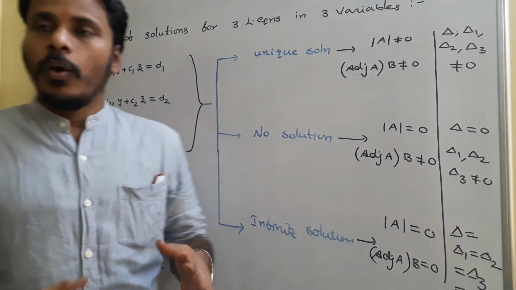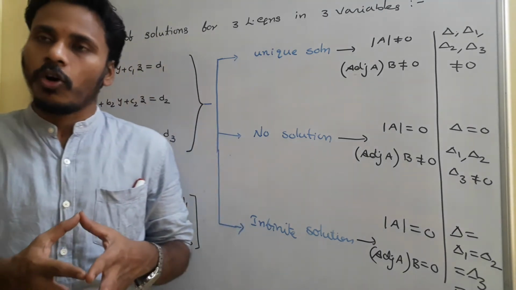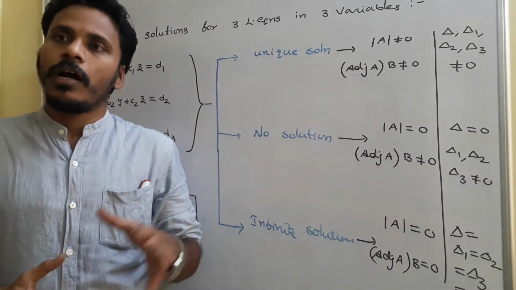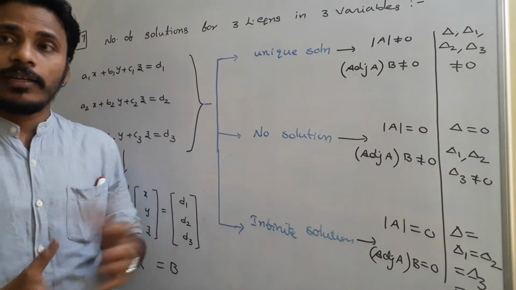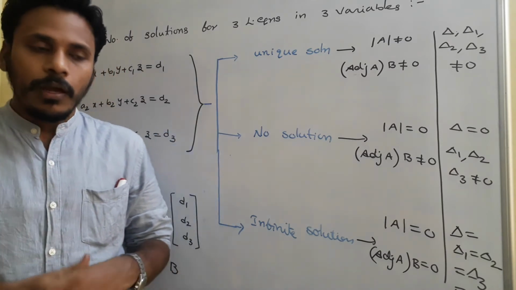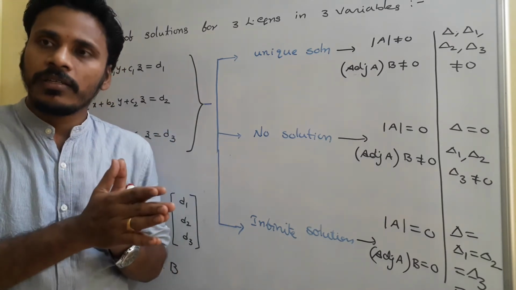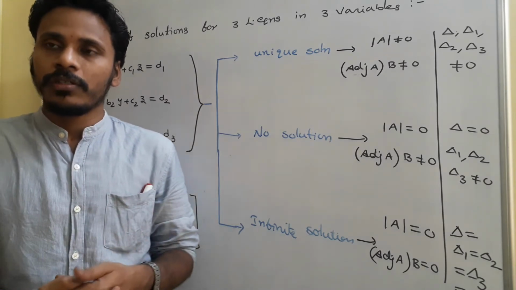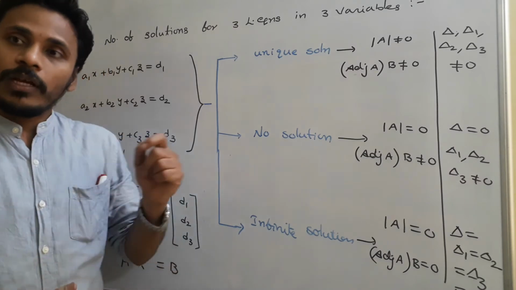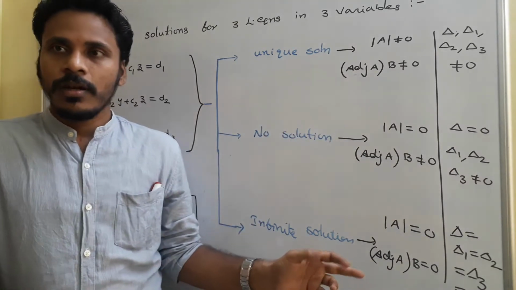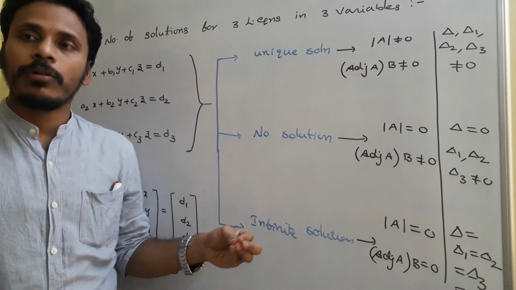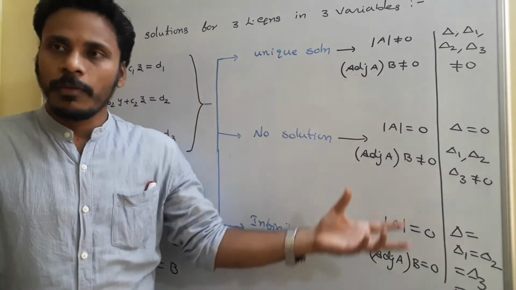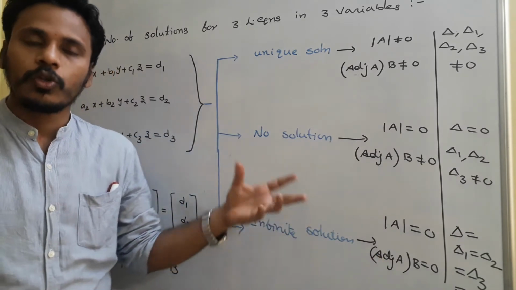In the 46th point, we learnt about the way of solving linear equations in three variables using the matrix inversion method and Cramer's method. Before that, in points 44 and 45, we discussed linear equations in two variables, two equations in two variables, and the number of solutions related to that. There we established all these rules. When the system of equations in two variables has a unique solution, no solution, or infinite solutions, then we have these types of conditions for the two equations in two variables.